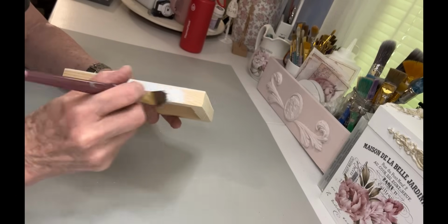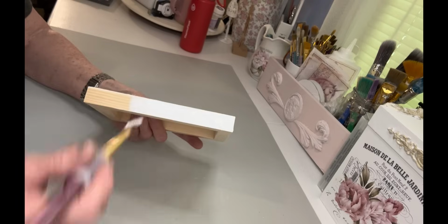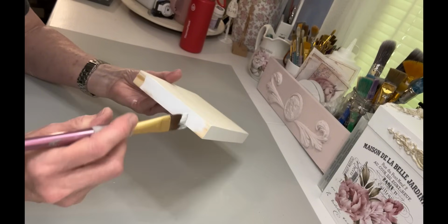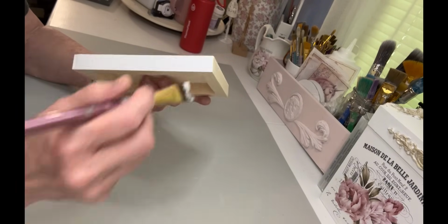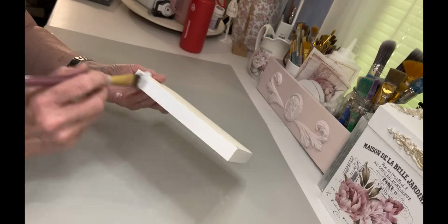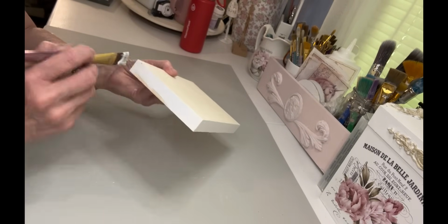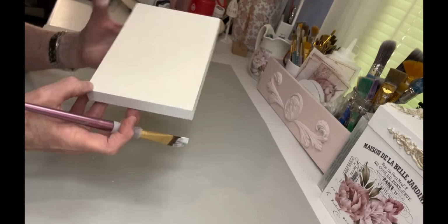So my surprise projects that you did not see in the picture that shows up on YouTube is some decoupage paper that John L. from Decoupage Central sent me recently. And I was so excited, I just had to go ahead and do it. So these are just some little signs that I bought off of Amazon. And they come in a pack, I think, of 6 or 8. And so I'm just using just the top side of it, and I paint them with Rust-Oleum linen white chalk